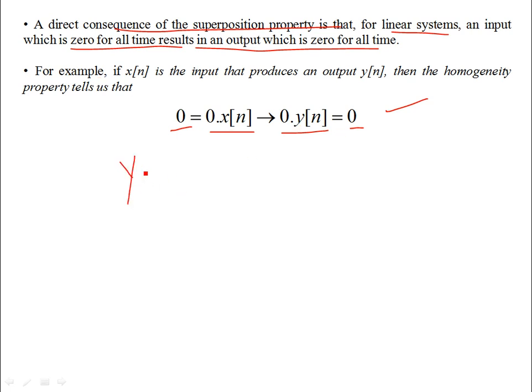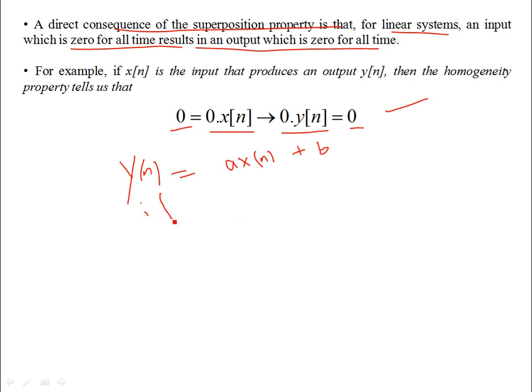For example, if I give you an example like this, y of n is equal to a x of n plus b. Okay, a and b are my multiplying scalars. You can think of a and b as real numbers. Positive or negative is not important, but as a consequence of this property, what it means is that if